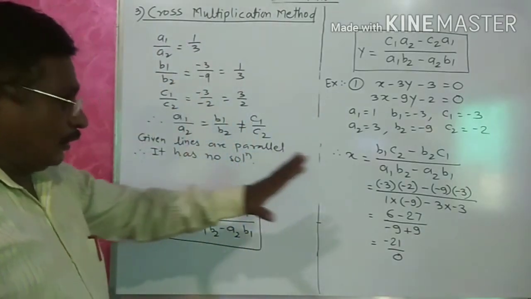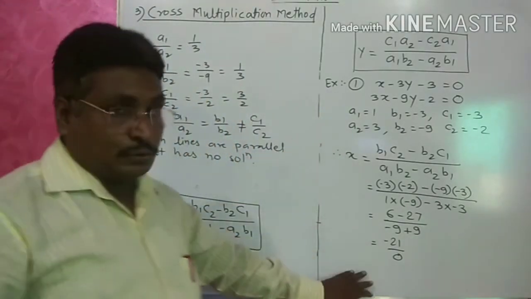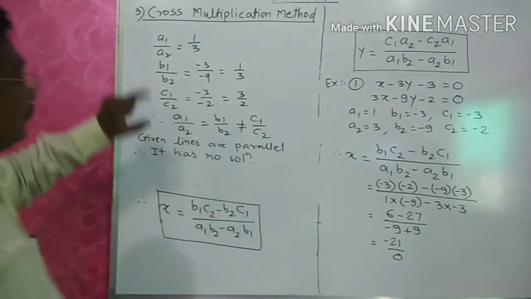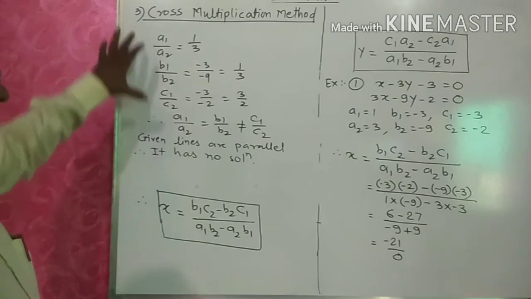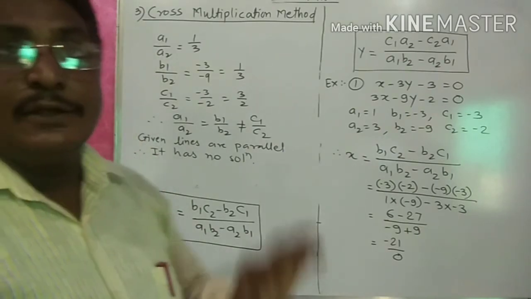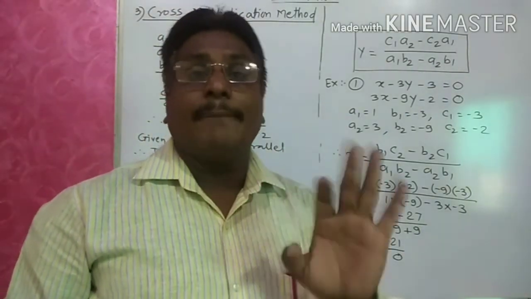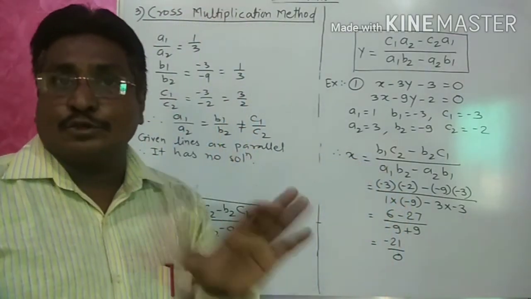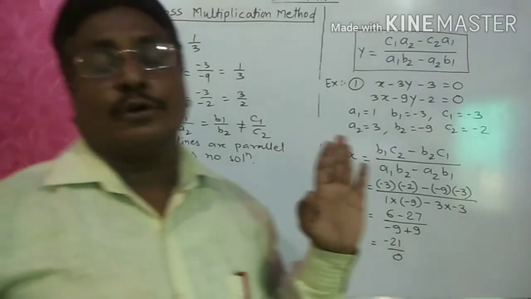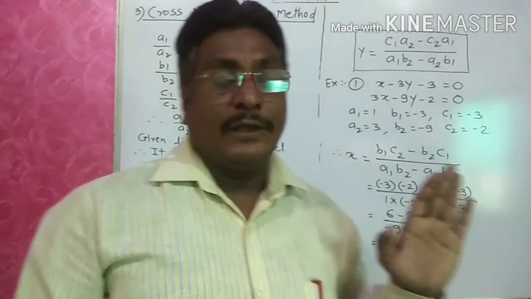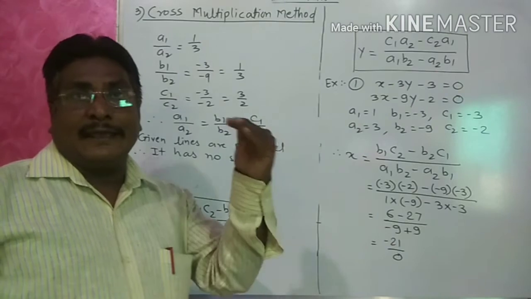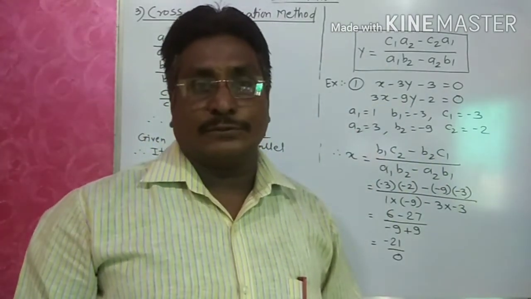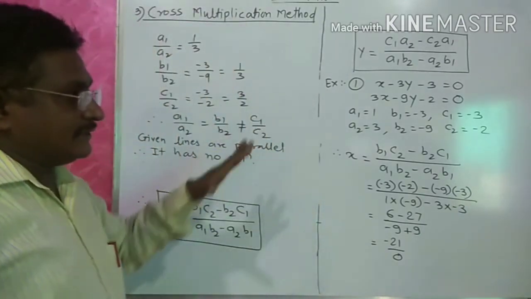So here I solved and showed. So what has to be done? Before solving any example, first we have to decide whether the lines are intersecting, coincident or parallel. If the lines are parallel, then there is no solution and no need to solve. Understood? If they are intersecting or coincident lines, then you can solve and you will get the solutions. So I hope you understand, students, how to solve.